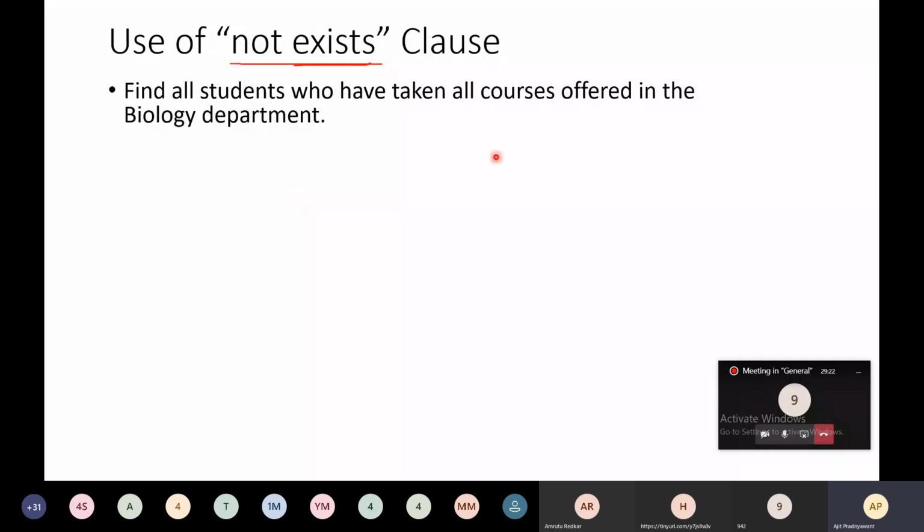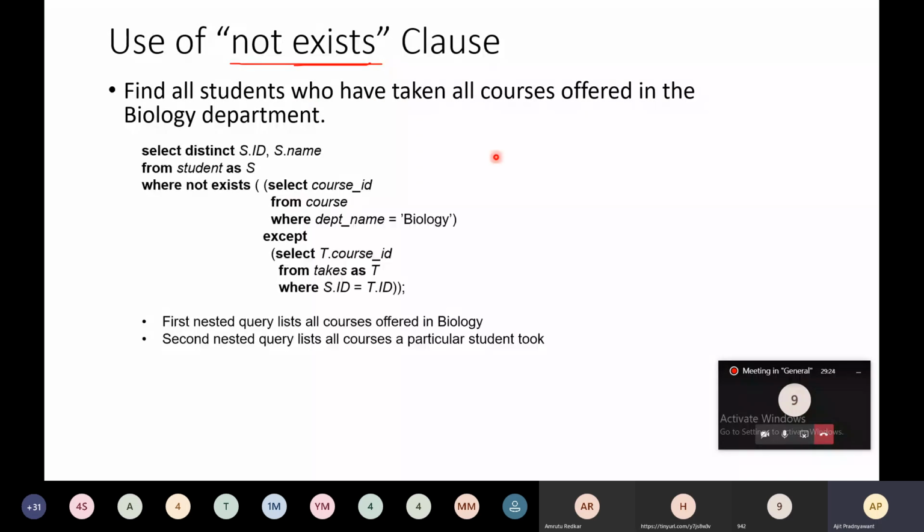So how to write the query? This is the query. Select distinct S.ID, S.name. We have retrieved the ID of the student and the name of the student from the student relation, because these two are present in the student relation.